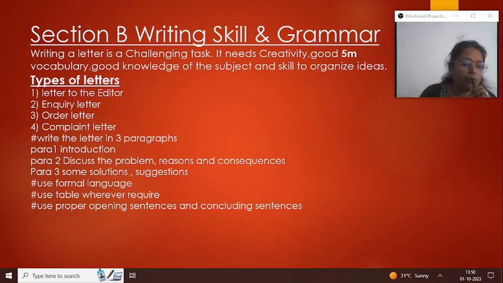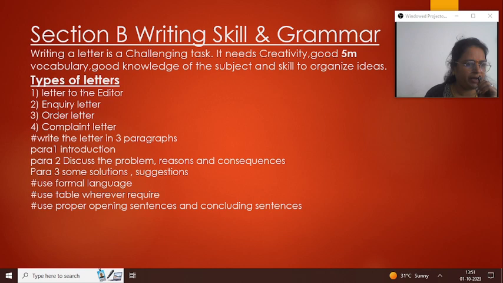When you open the letter, it should be nicely opened. Opening sentences and concluding sentences also you should learn. Suppose you are writing a letter to the editor, complaining about a social problem, the garbage problem, to the local newspaper. Suppose we are writing the letter to the Times of India, a national newspaper. So, to the esteemed newspaper columns, I just want to focus your attention on this problem.